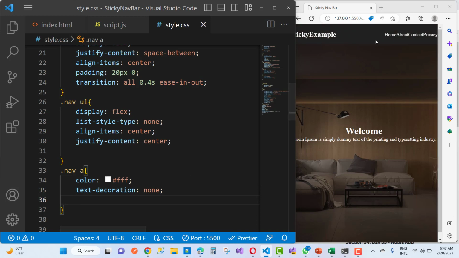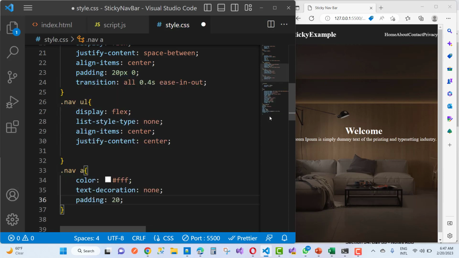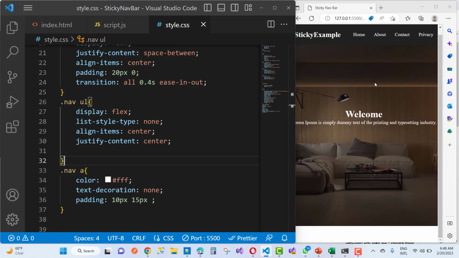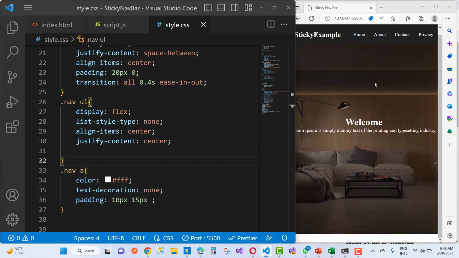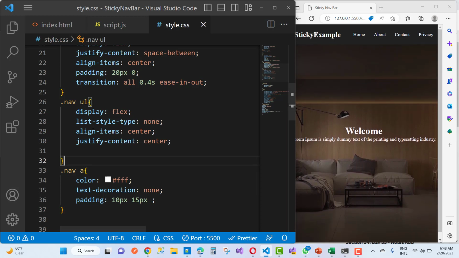So you can see this is the text color. And for spacing, I want to add padding, 10 pixels from top to bottom and 15 pixels from left to right. Okay, so looking like that, this is pretty nice. This is the sticky type, and you can see it's looking like that. Okay, so